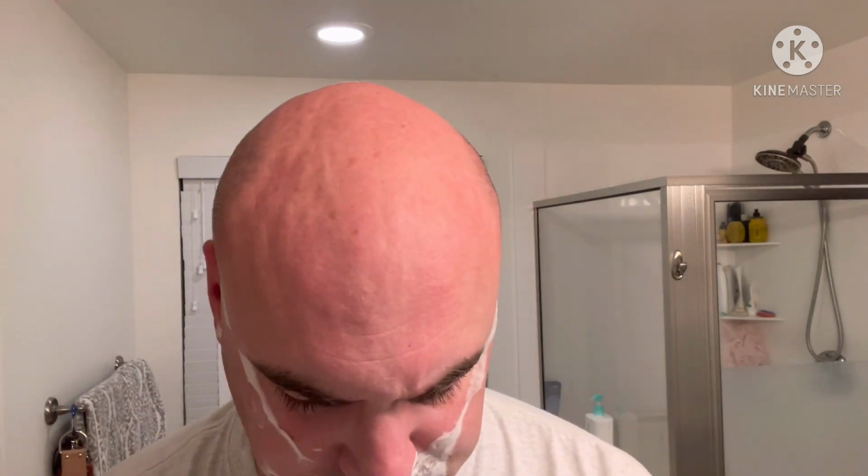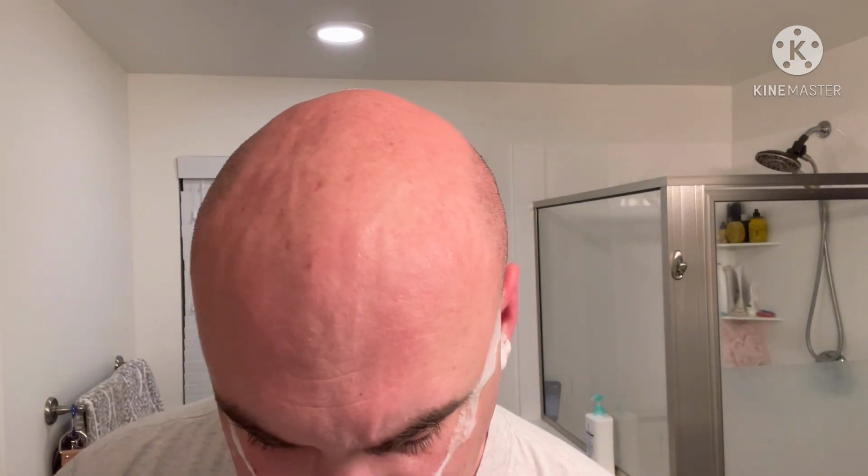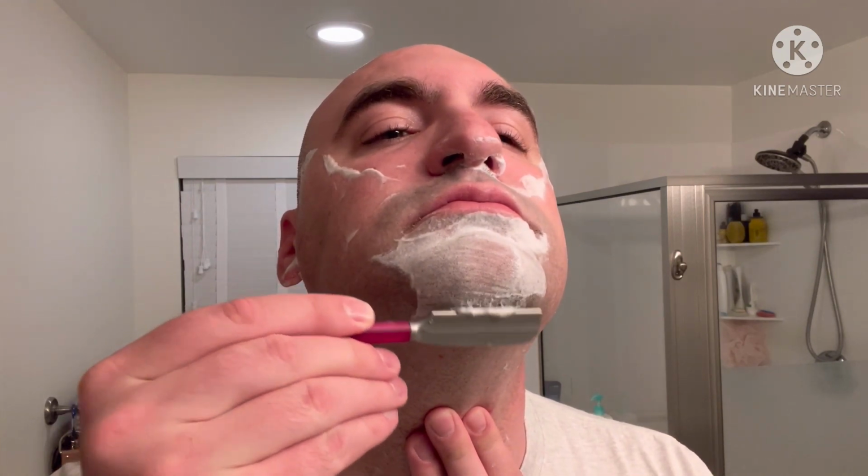I was talking to my wife about this a little bit earlier. So, you know, when I use a DE or an SE, it feels awkward to use my left hand to shave with those razors. But when I shave with a Chavette or a straight, it just felt natural for me to use my left and right hand. I'm not sure why that is. I was thinking perhaps